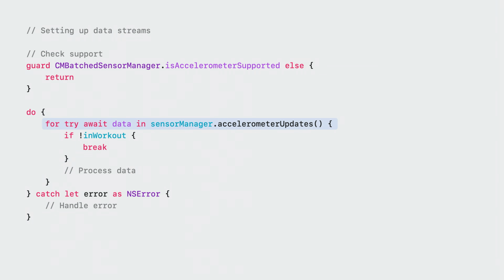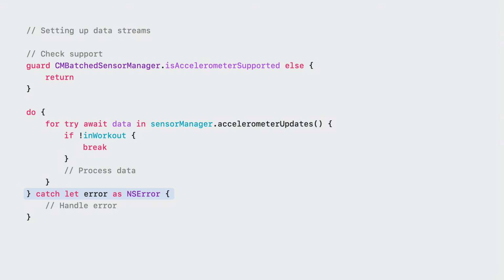Because this is a workout-centric API, you need to have an active HealthKit workout session to get data. Once you're in a HealthKit workout session, you can start receiving updates. With Swift async support, it's easy to receive batches of sensor data and process each batch. Make sure you evaluate for conditions to exit the loop, for example, if the workout has ended. Remember that errors are surfaced if we aren't authorized for motion data or on an unsupported platform.